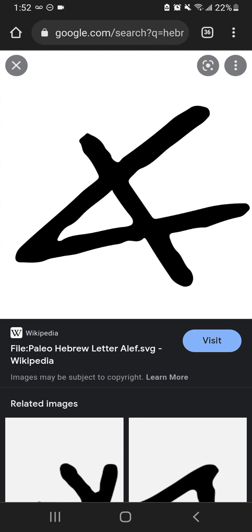So if y'all was to turn your phone, you'll see that this looks like an A. Literally, it looks like an ox head because that's the pictograph for it, but it looks like an A. Real quick, a pictograph is the picture for the character. So every Hebrew character has a picture that has a meaning with it. It's not like English. A has no meaning, it's just A. B has no meaning, it's just a B. X has no meaning, it's just an X. No, Hebrew characters all have meaning. So this here is an Aleph. This is a Paleo Hebrew form of an Aleph, actually.